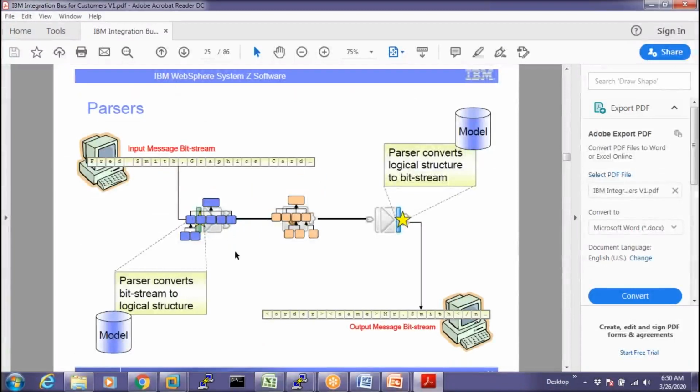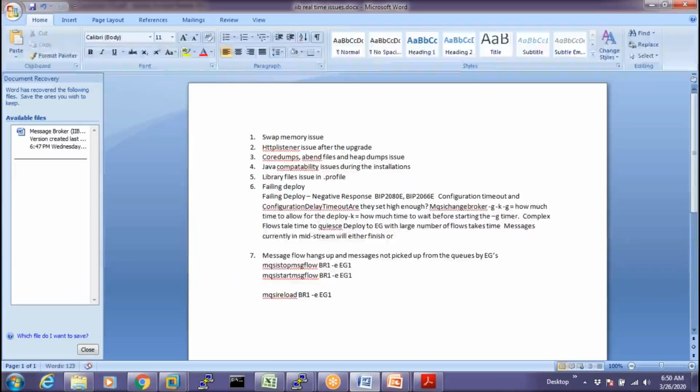So the thing is, we have some parsers in the broker which developers use. There are some parsers like XML parsers, DFDL parsers, and BLOB parsers.